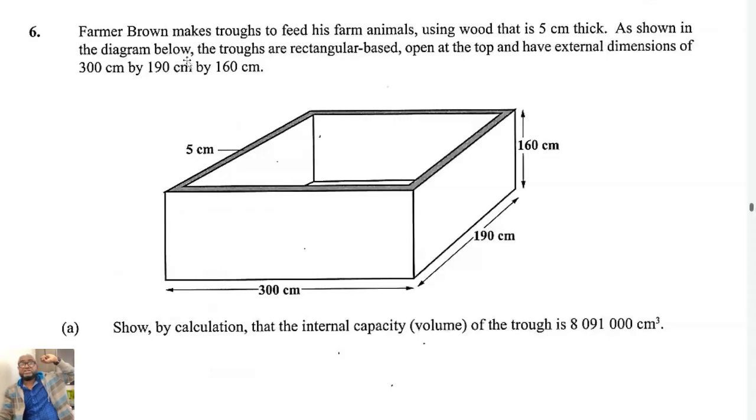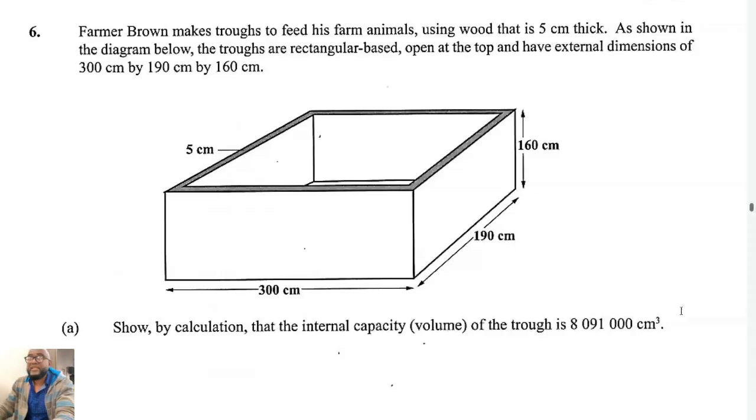Right. As shown in the diagram below, the troughs have a rectangular base, right? Open at the top. So on top has nothing, right? There's nothing on top here. And they have external dimensions of 300, so you see 300 here, 190 here, and 160 here. Now composure is everything, right? Know that we have to account for thickness. Okay? We have to account for thickness. So there we go. Show by calculation that the internal capacity, which is the internal volume of the trough, is